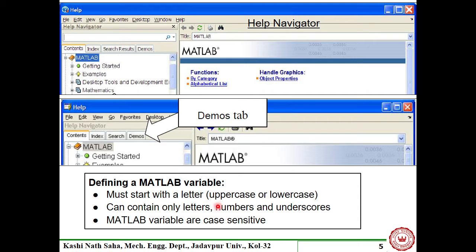A equal to 2, B equal to 3, something like that. So A, B, C, etc., are variables. But how to define a variable, there are certain rules, as you know in Fortran. There are certain basic rules in any language.